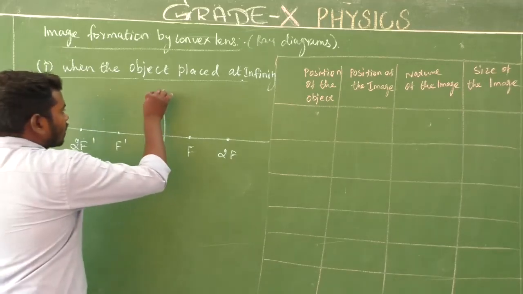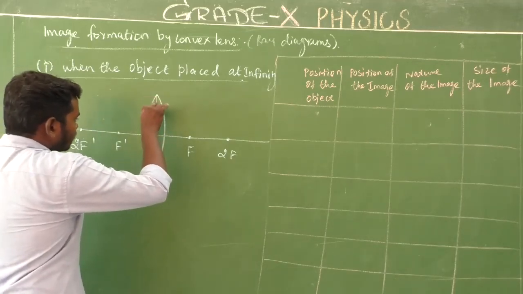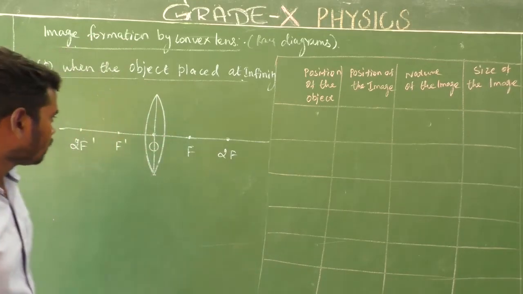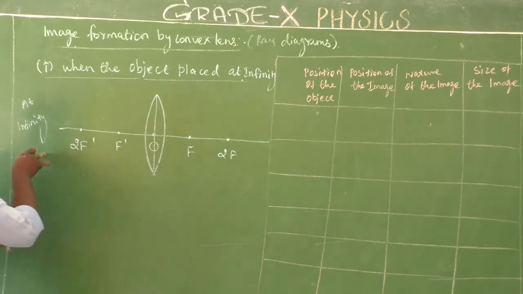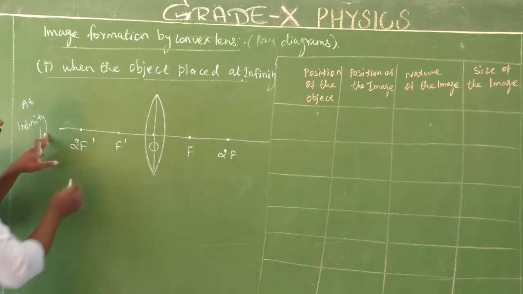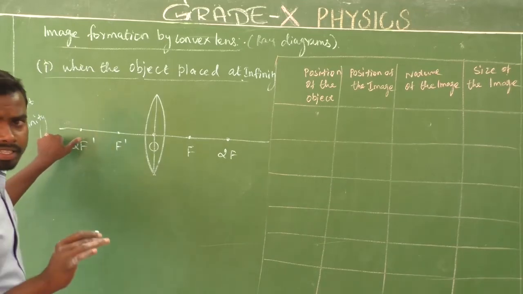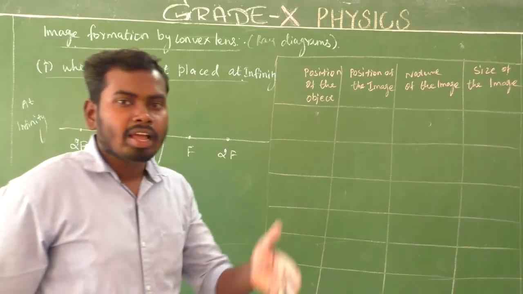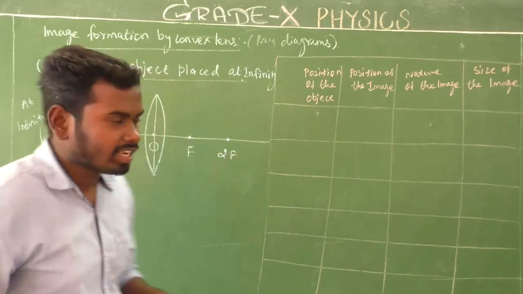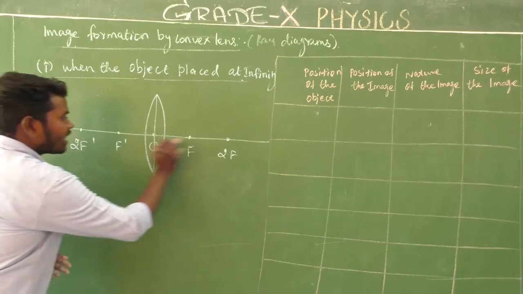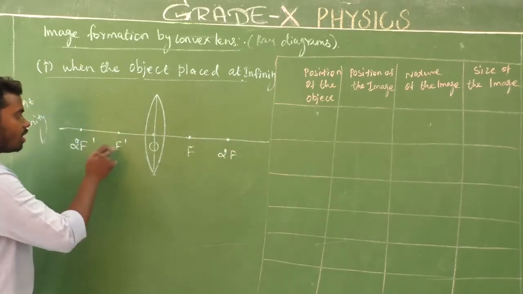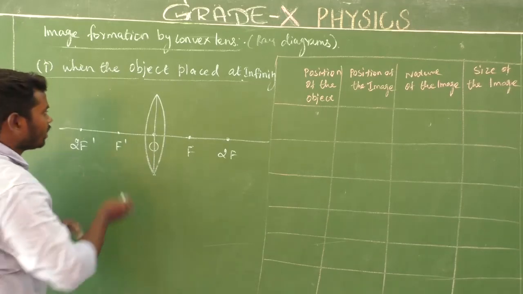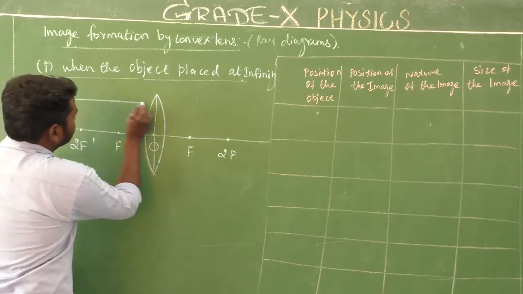Consider this is the center point, the center line of the convex lens. This is for our convenience. Look at here. Object placed at infinity. So whenever light rays are coming from an object placed at infinity, they will be parallel to the principal axis. Is it clear? So here, which is the principal axis? This line is the principal axis. The line that connects the focus and optical center is called the principal axis. Am I right? Yes.